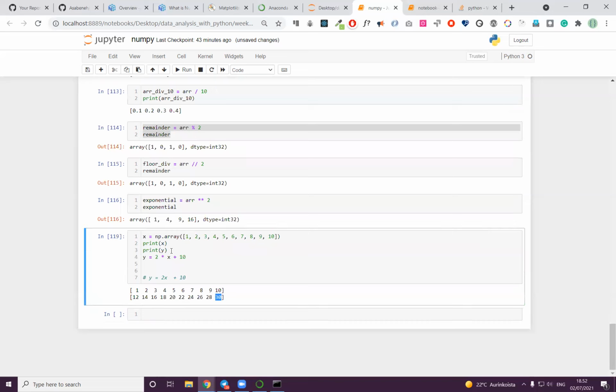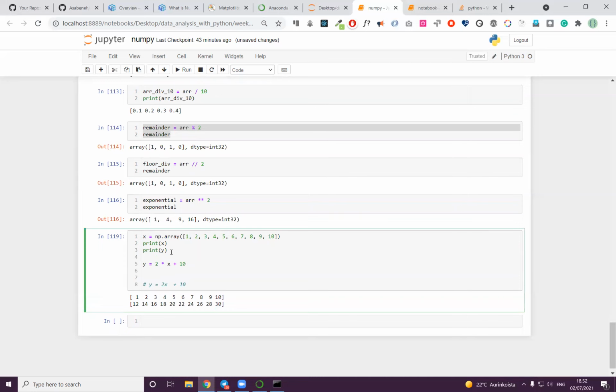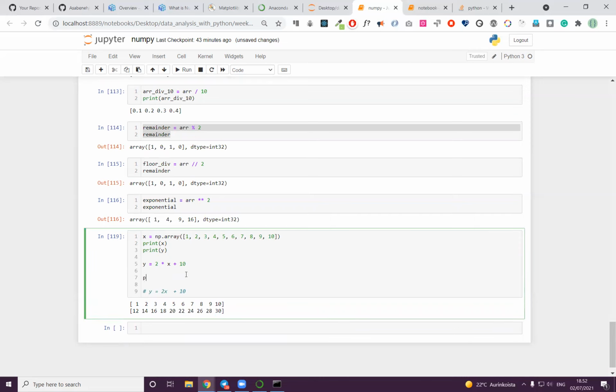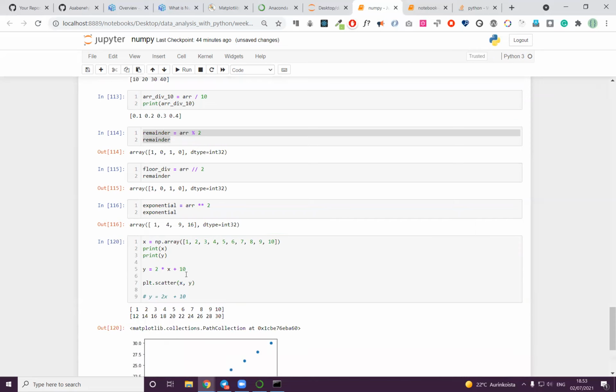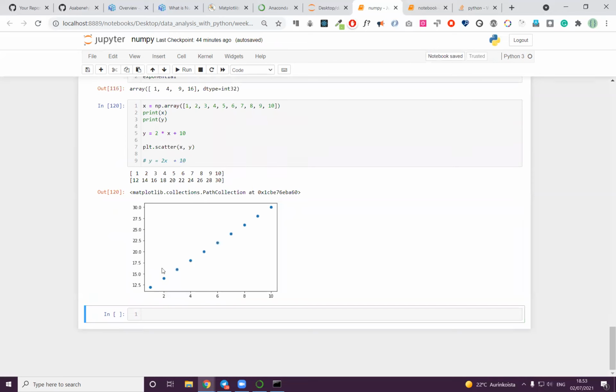So our calculation is actually correct. Now we can use matplotlib just to visualize, plt.scatter maybe, or plot x, y. And as you can see, we got some line over here. So our points are from 1 to 10, and the dependent values are from 12 to 30,